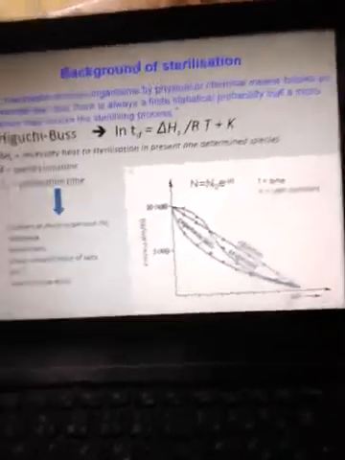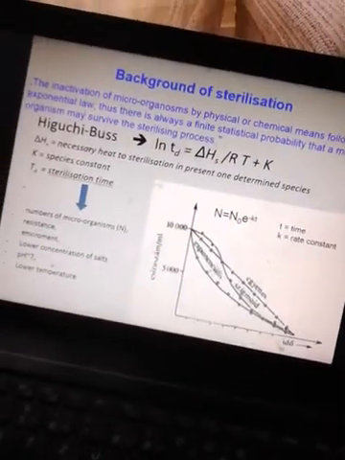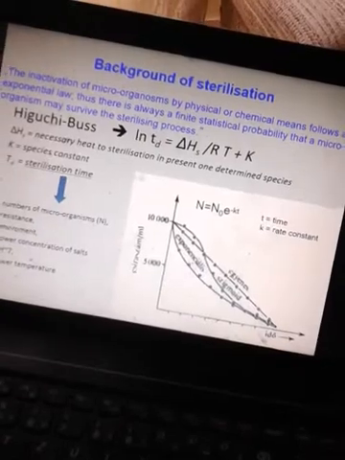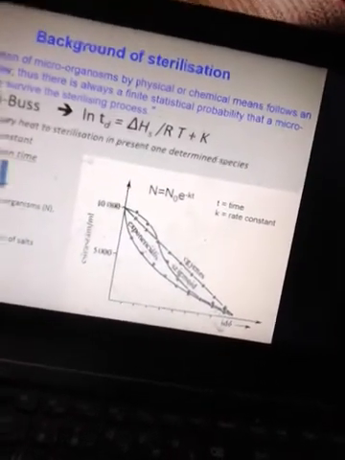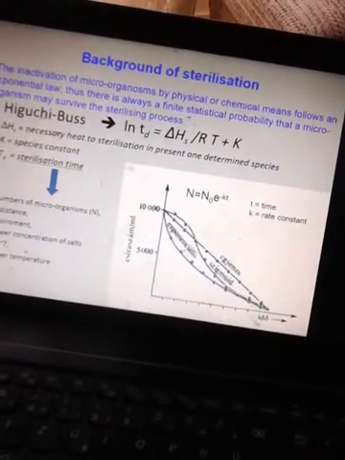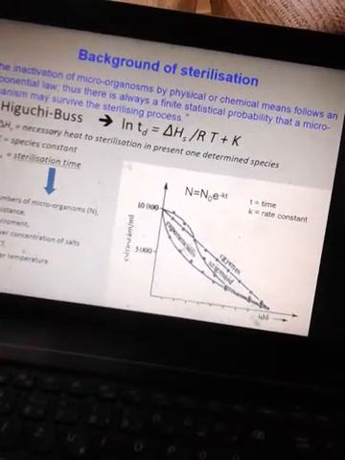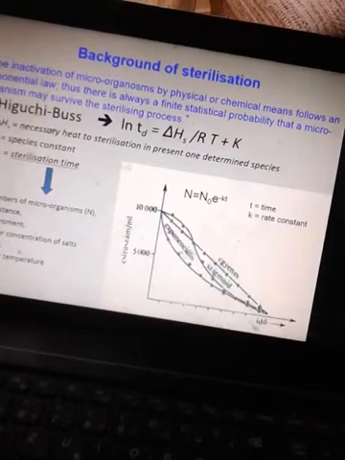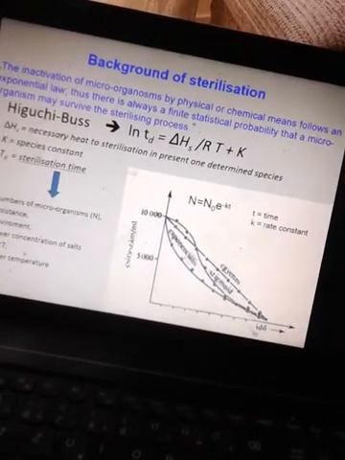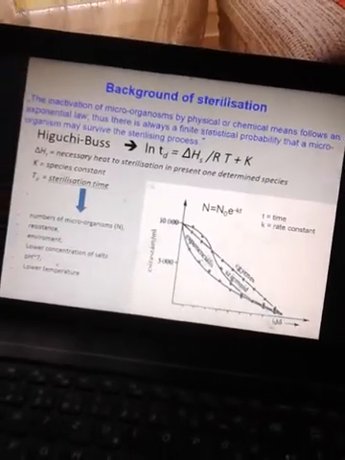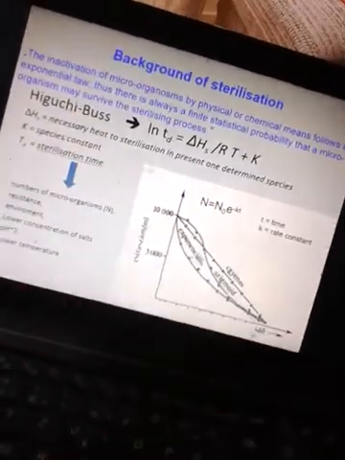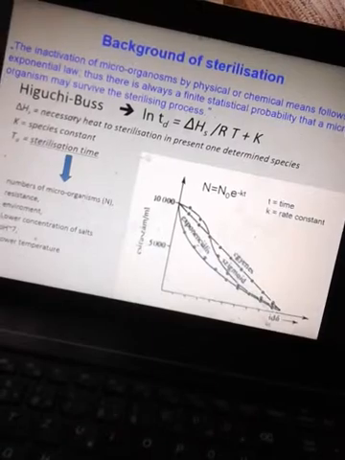Background of sterilization: the inactivation of microorganisms by physical or chemical means follows an exponential law. True, there is always a finite statistical probability that a microorganism may survive the sterilizing process. inactivation of microorganisms شاید انجام شه، نمیره، فقط inactive بشه. اوکی؟ حالا ما probability احتمالش چجوری می‌رسونیم به دست بیاریم؟ با هیگوشی بوس. هیگوشی بوس چی گفت؟